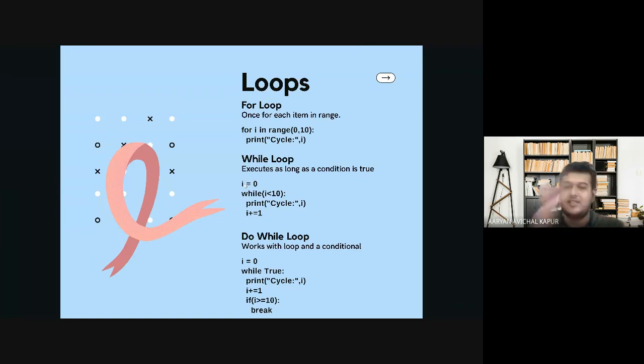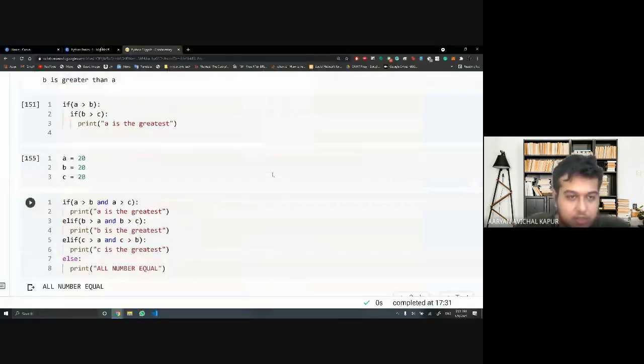Then in the next cycle, I takes the next value, then the next value, till it goes to ending minus 1. This is something we went through in the first lecture. Whenever a range is given in Python, it goes from starting to ending minus 1. So 0 would be considered, but 10 will not. 9 will be considered, right?